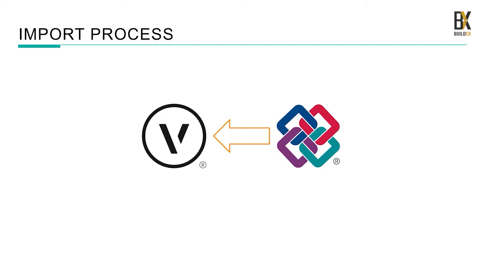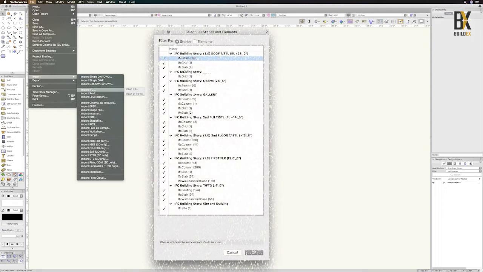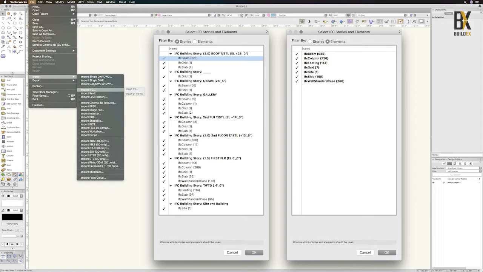Now we'll take a look at the import process. We like to call this concept the shuttle file. And that's really important because when you import your Vectorworks files, you probably don't want to bring that directly into your architectural model. So what we typically do is use an empty template and then import the IFC project into